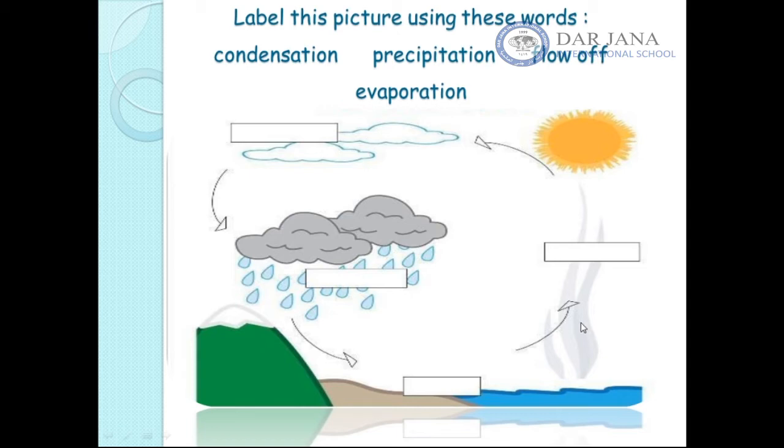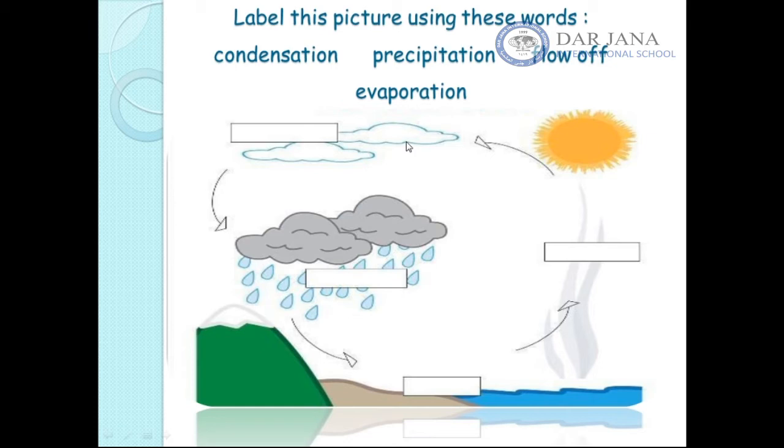This water vapor, as you can see, will start to rise up to the atmosphere, and in the sky it will start to cool down. When it starts to cool down, it will change into water droplets, and they will start to form the clouds that we all know. So a cloud is made up of tiny water droplets that came from the water vapor. Now when we have a cloud, this means that we are having condensation.